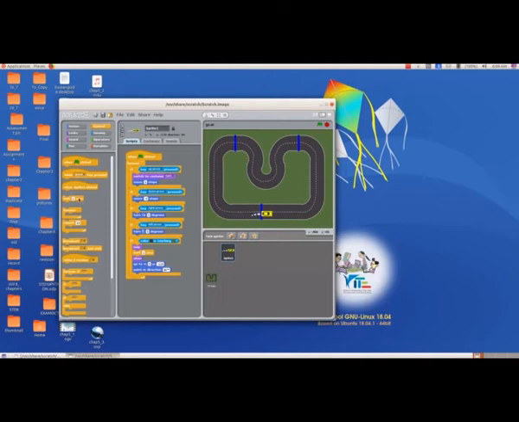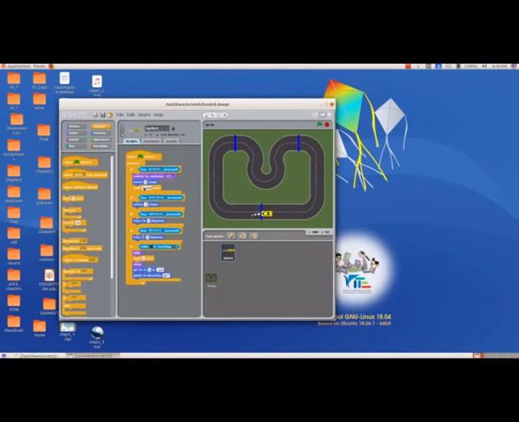Here it is given as 1 second, but we need only a fraction of a second. So we will give that as 0.00099 second. And after this,